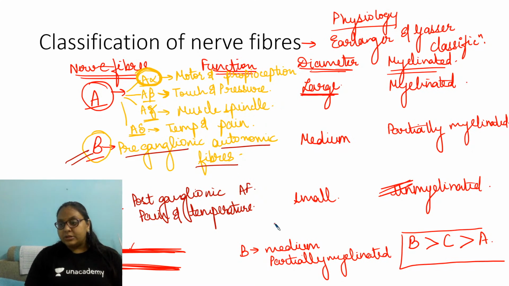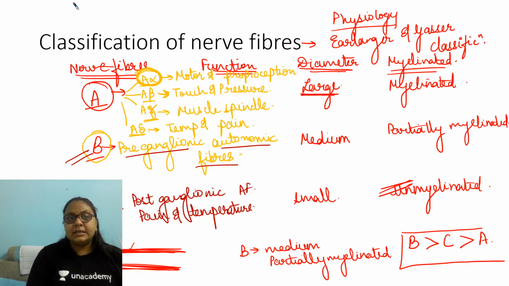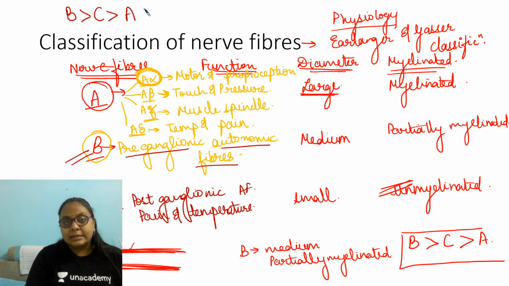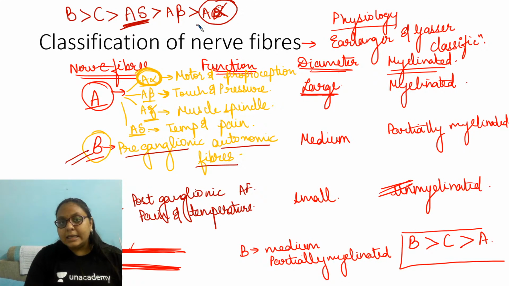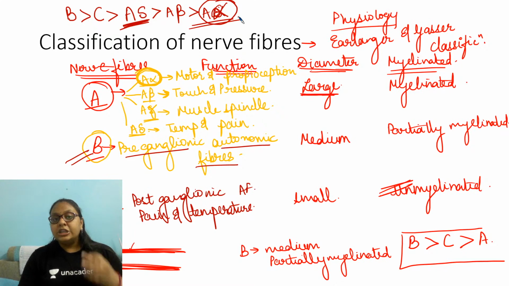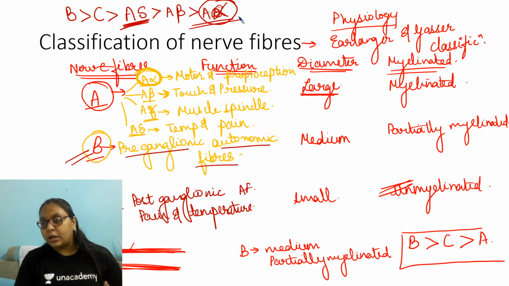So this is the classification of the nerve fibers, and this is the function of these nerve fibers. Now, in terms of sensitivity, B is more than C, more than A. Within A it is reverse order, that is A delta is more sensitive. So the nerve fibers carrying temperature and pain are more sensitive than A beta, and the last nerve fibers to get blocked is A alpha. How will you remember? Whenever we give spinal anesthesia, to know its effect we ask the patient to show us by lifting their legs.